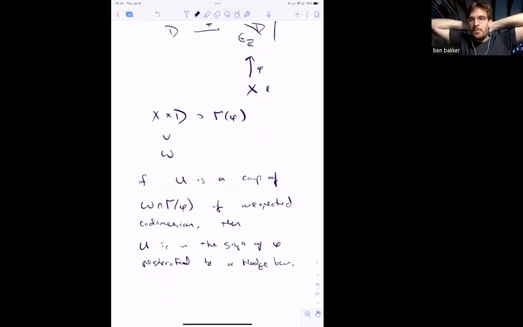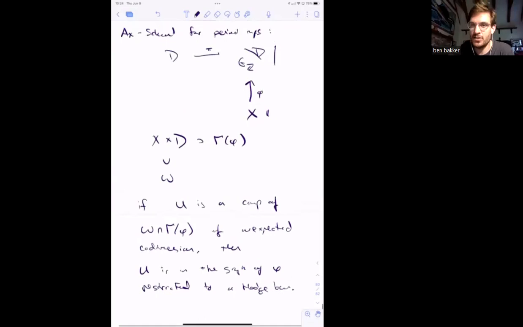Anyway, the point I'm trying to make is that for the exponential map, the extra geometry that accounted for algebraic relations between the exponentials was being in a subtorus. In the context of period maps, the extra geometry that gives rise to more relations among the period integrals is the existence of extra Hodge classes. I'm not making the statement so precise here, but the point I want to make is that using these o-minimality techniques, you can actually prove statements of that form,